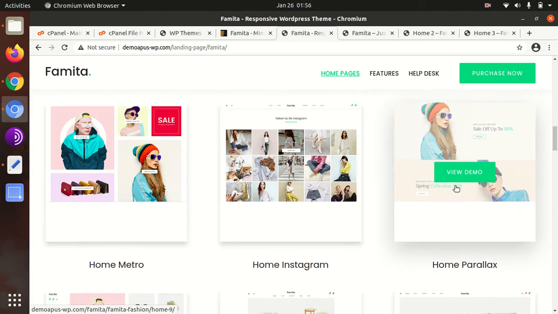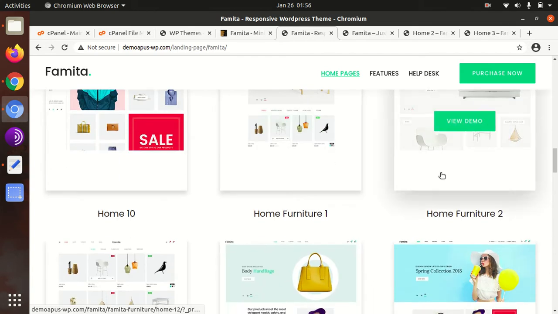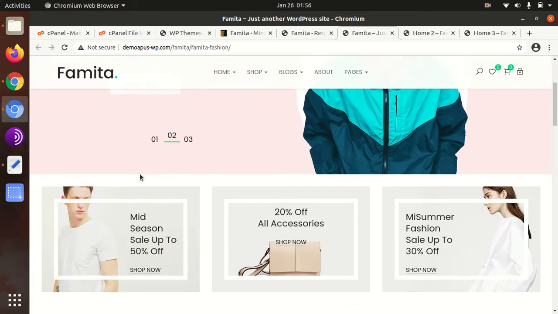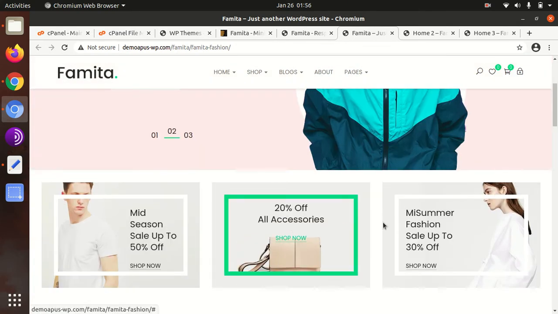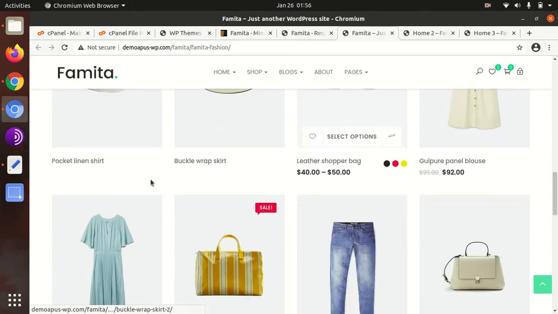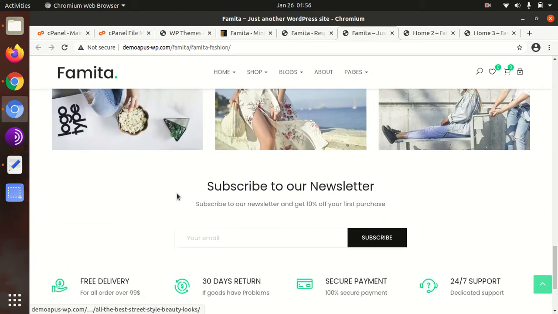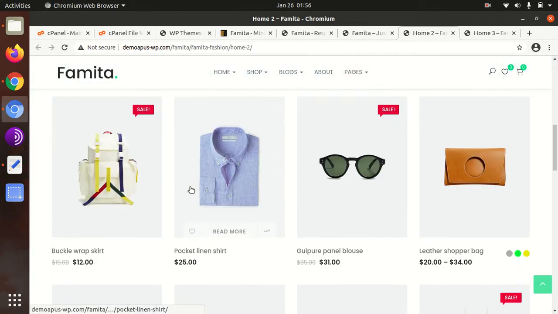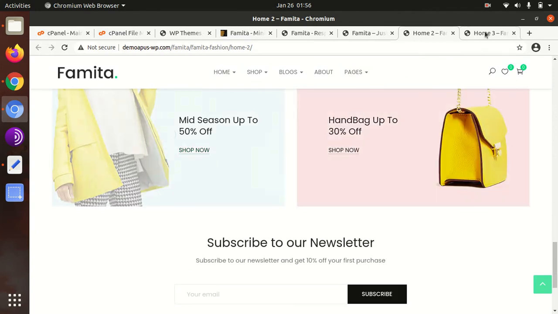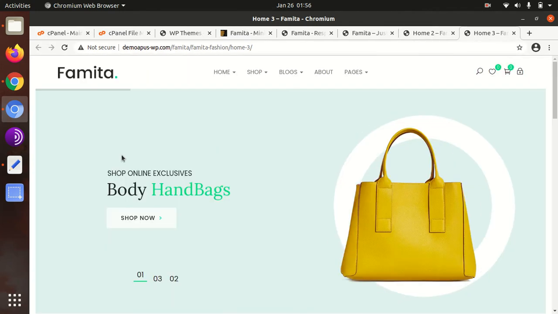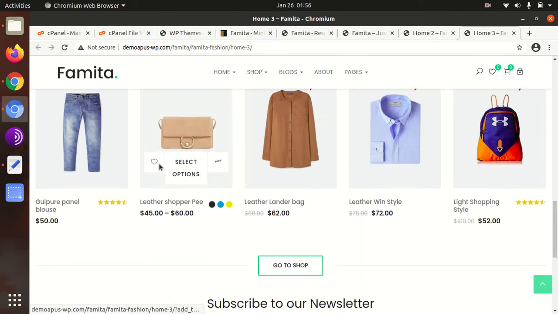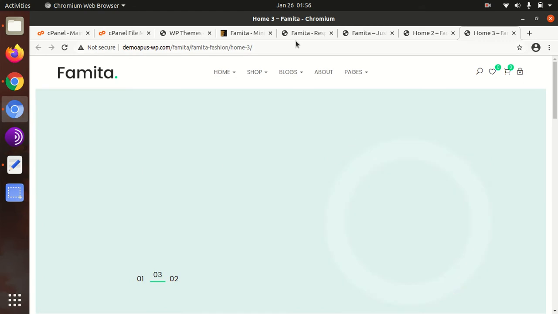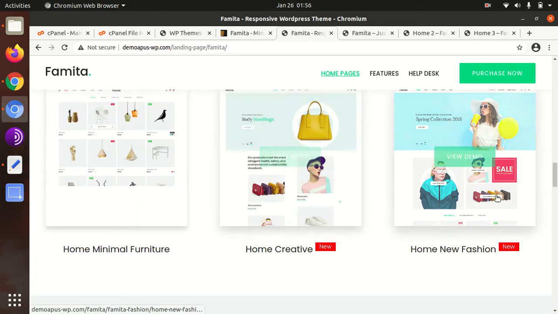You can choose any of the available demos of this theme. I'll show you one or two demos as well. This is the first demo, and it has a clear and simple look and a to the point approach. This is the second demo, and this is the third one. All demos are almost the same and similar in look, but you can choose any as per your choice and